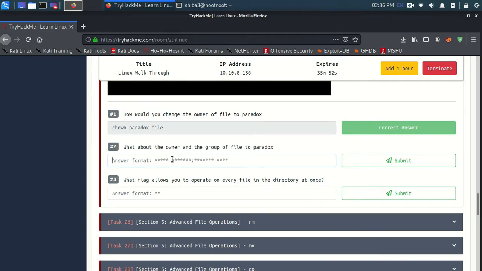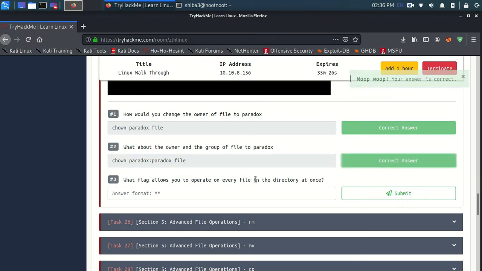So again chown, that is the owner, that is Paradox, and then the name of the file is file, but this time even the group and even the owner both are Paradox, and the name is file.